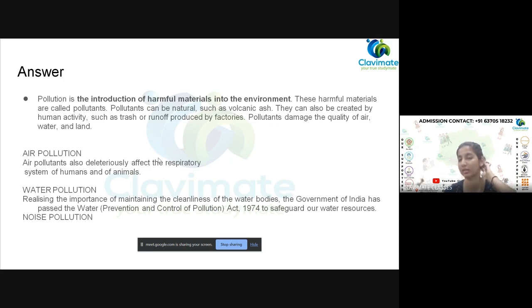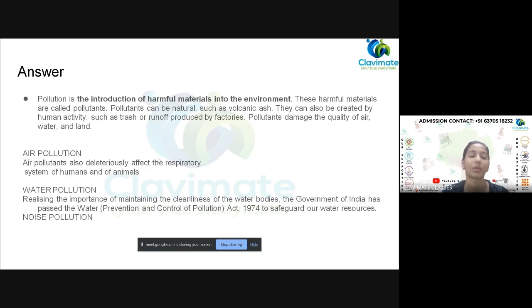Air pollution is caused by factories, when harmful chemicals and gases are emitted, like carbon monoxide, and when plastic is burned. The second one is water pollution. Hospitals have harmful chemicals, and they discharge those chemicals into rivers or other water bodies, which harms the aquatic animals and causes water pollution.